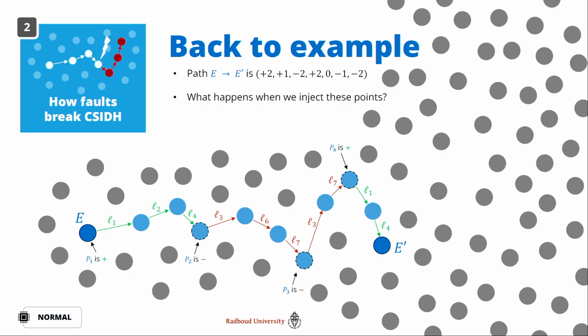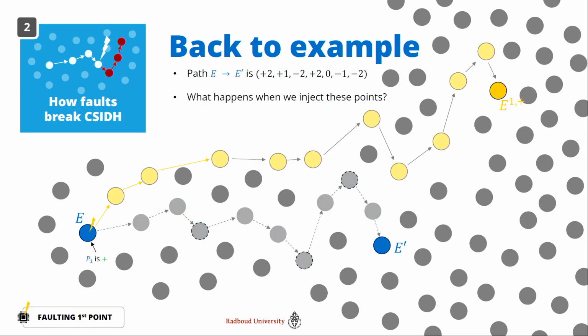To show this more properly, I need a bit more curves, so I added some on the right here. And we go back to the story example that we discussed before, right? We have 4 points that we needed to do these coefficients over there. And then we're going to look at what happens if we inject one of those points. So let's say we inject this first point. We're assuming we're actually going to get a negative point, and we're going to inject it, and the computer will think it's positive. Well, then the first 3 steps, these first 3 LIs, are going to be done in a different direction. And from that point on, the computation is going to be all right. But we're already at a different point in the graph. And so the endpoint is going to be some curve that we call E1+.